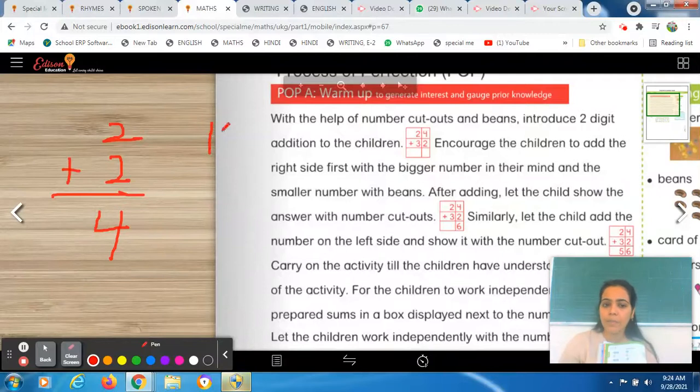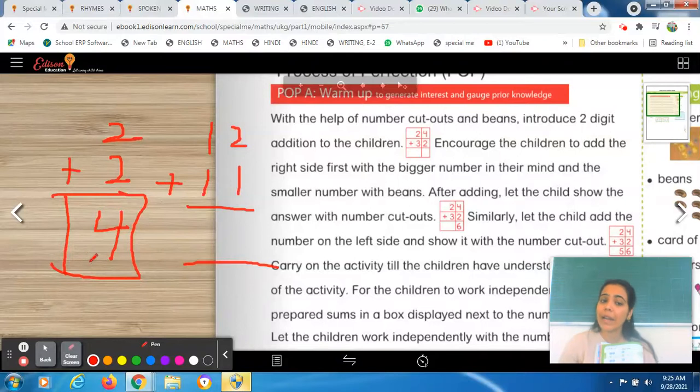Suppose here, this is your left hand side and this is your right hand side. Okay, 1, 2, and this is 1, 1. So now you have to add this. So if we add both of these numbers, we are getting two digit numbers. Here we are only getting a one digit number, right? 4 is a single number. So when we add two numbers over here, we are getting only one number. But in this case, if we add two numbers, we are getting two numbers. So that is your two digit number. Two digit number addition is that addition where we are getting our answer in two digits. Okay, so that is the difference between both.